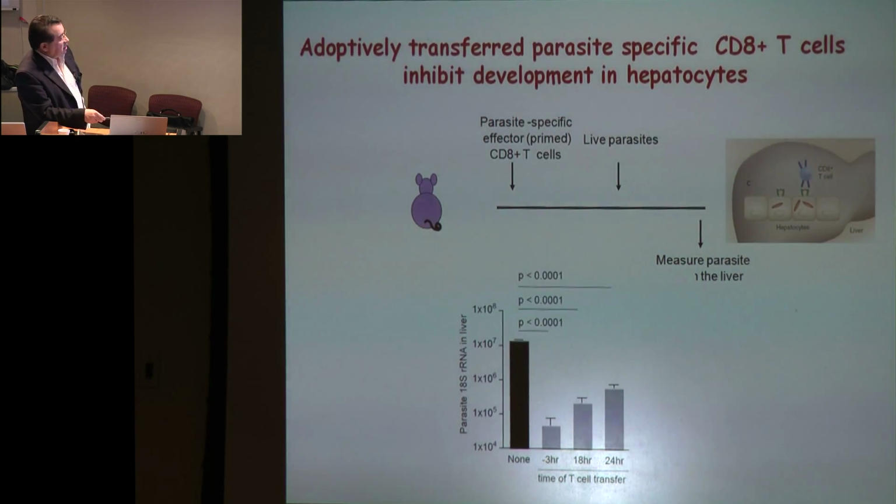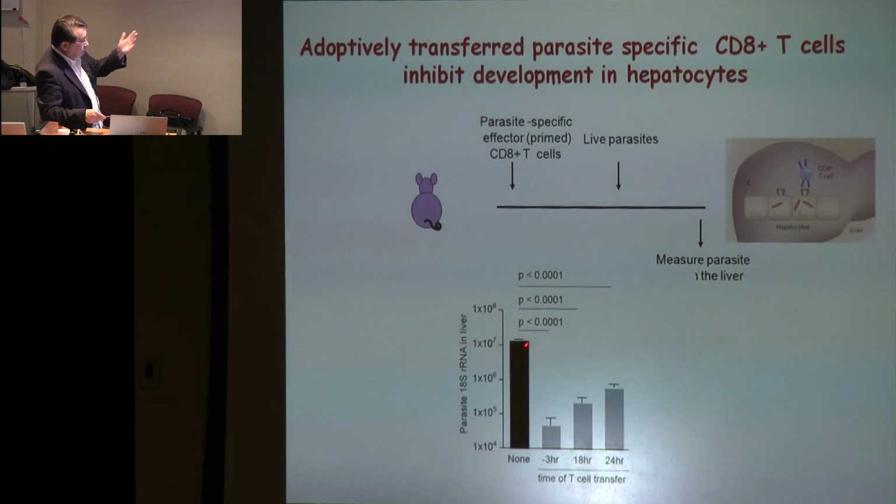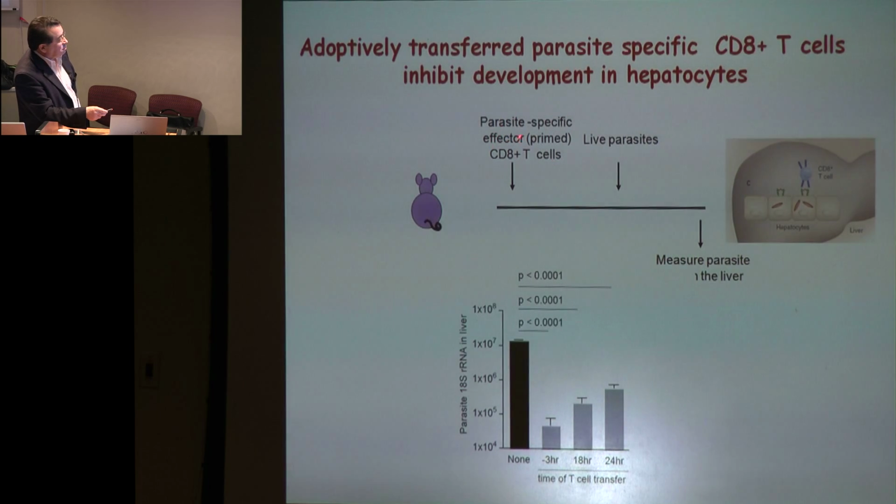And you can see here, if we inject mice with parasites, and we just leave the parasites there to develop, this is more or less the amount of parasite ribosomal RNA that we detect in normal or naive mice, 10 to the 7. However, if these mice, after being challenged with parasite, later on we inject parasite-specific CD8 cells, we see that 3 hours after infection of the mice, if we inject the cell, we see a significant effect in parasite development,